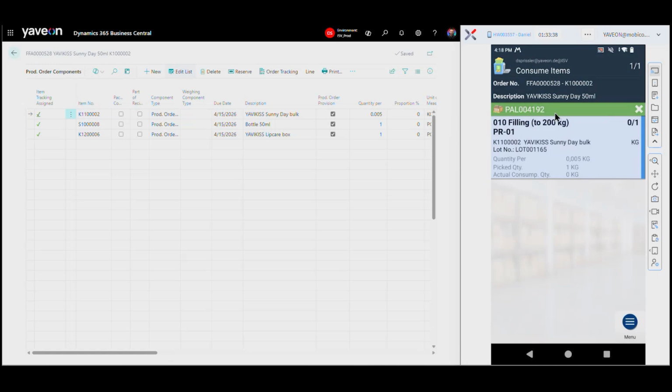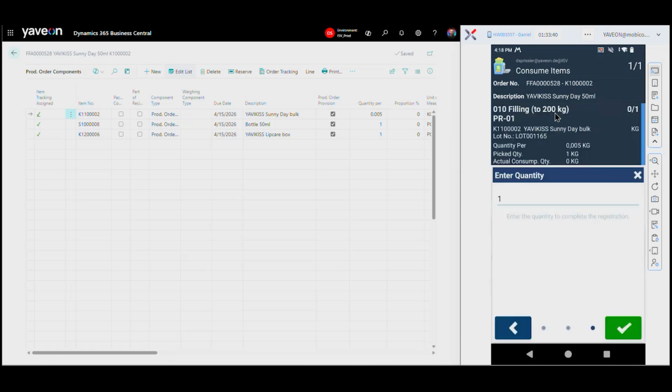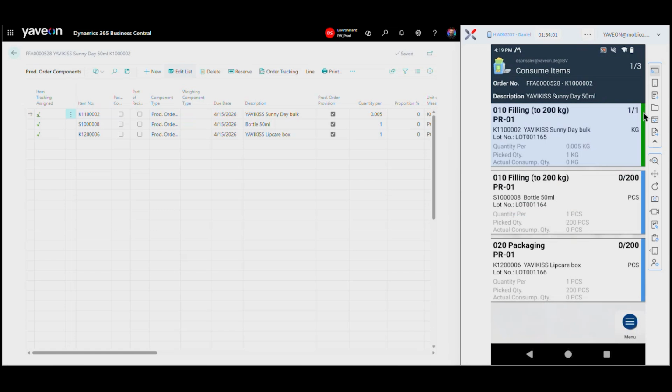And then I simply look up the dialog, and we can see it just asks me for the consumption quantity. But in the background, it already took the information from the lot number and from the load carrier number. So very user-friendly. We just need to enter the consumption quantity now. I approve, and then the process is done, and it's shown by the green check bar on the right side.